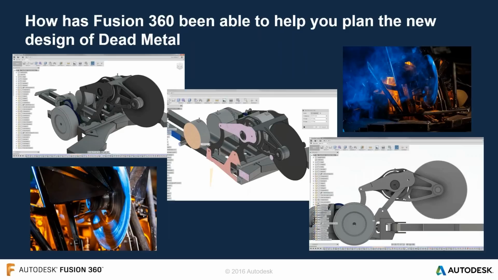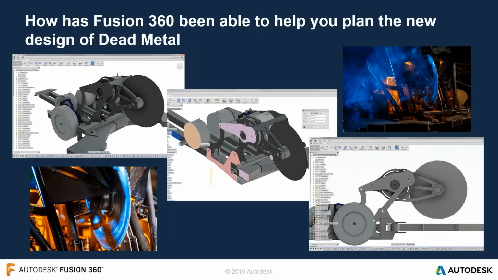So in this top left picture, you can see the motor gearbox is covered by the wheel there. We had some guys working on that, and at the same time I could start working on the circular saw mechanism. That was really important, that we could all get onto the project and start designing the bits and then bring that all together. But also, with Fusion we can simulate the movements, and we can see here the circular saw actually retracts into the body to keep it safe, and it makes Dead Metal's eyes look at the opponent. But when it comes forward, it tilts the disc into the opponent so we can give them a good old sawing. That's quite an interesting mechanism, and it was really important to be able to simulate that,